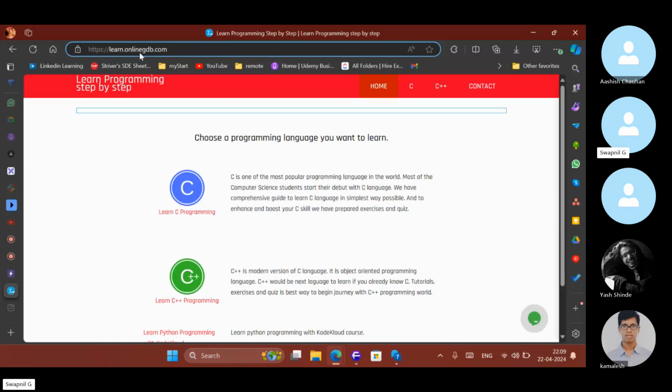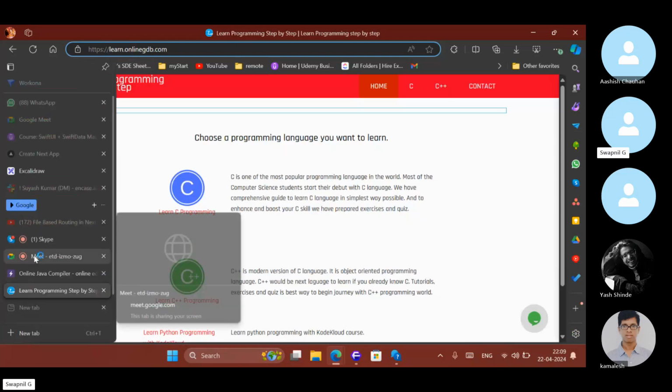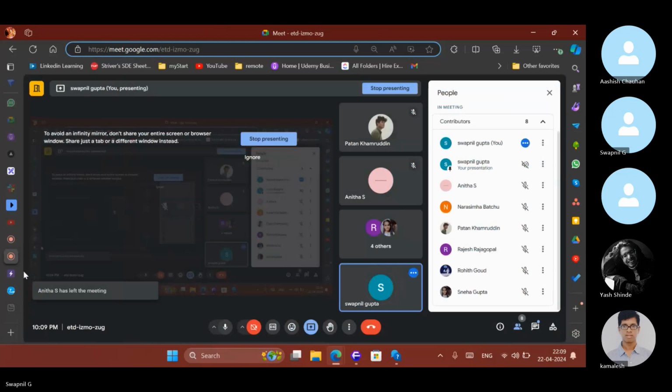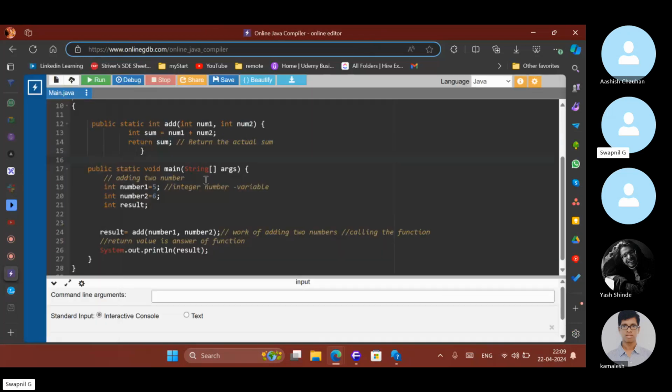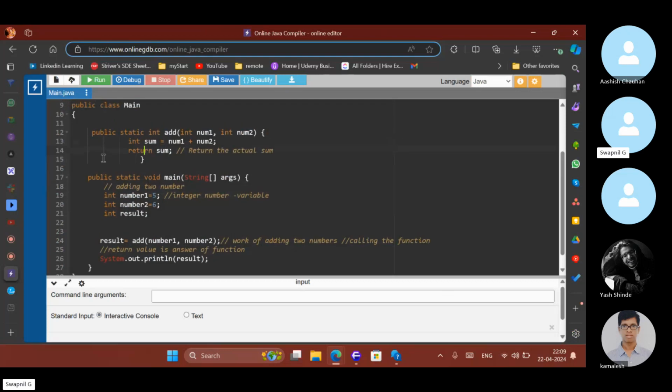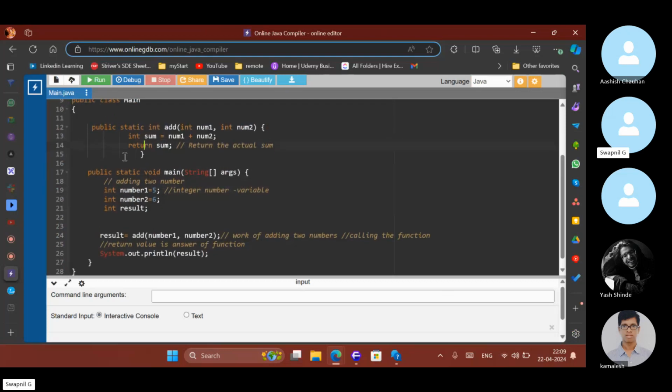Is there any doubt, or should we drop off the call? Does anyone have any doubt? If you have any doubt, you can keep it clear over here. You can take this screenshot and keep it with you. This is a perfect use of function. Here you will learn about function very clearly. Take this code with you.